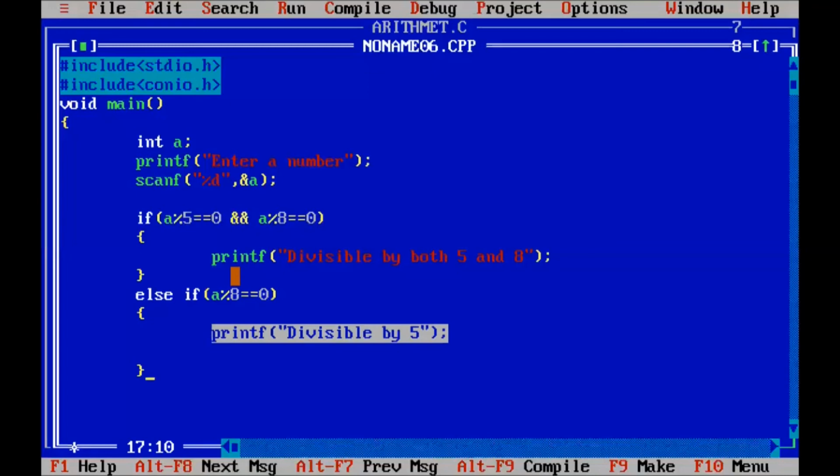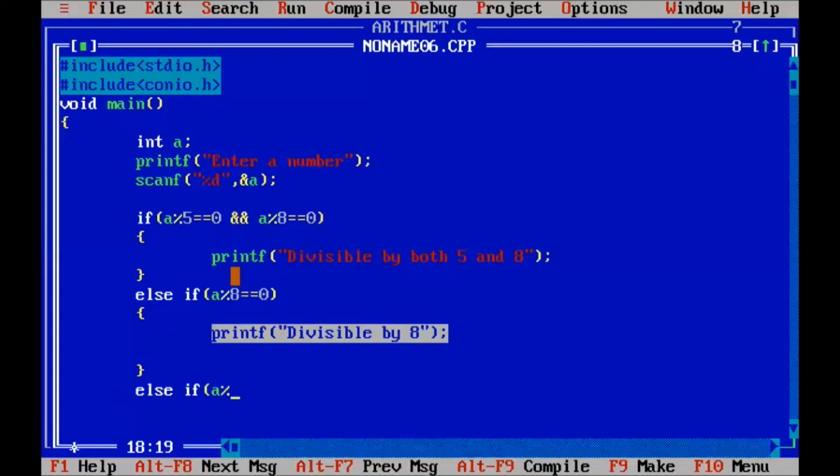Here we again wrote 5, some wrong print. Here we should use 8 because we check by 8. Here we check 5.